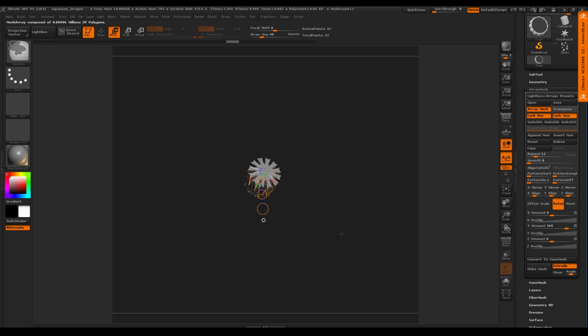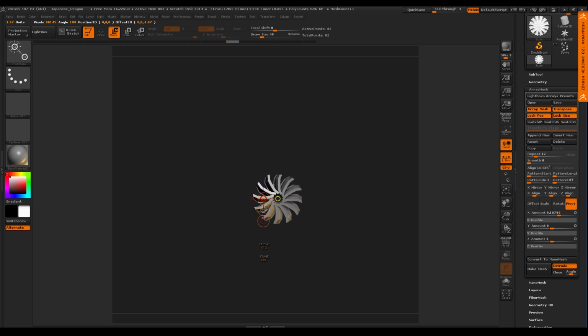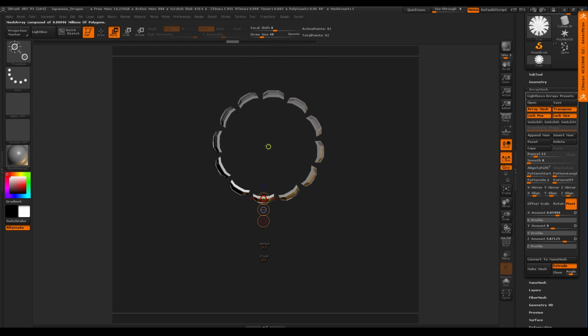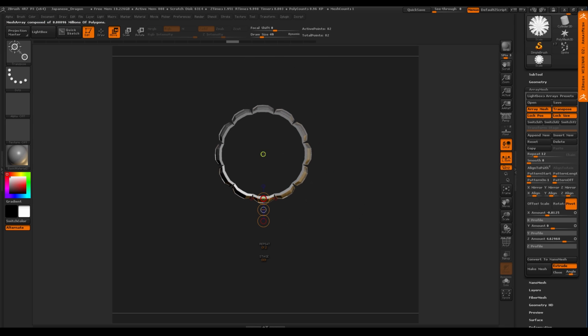Compared to if we undo this and I turn on transpose now and I array this out, see the difference there? See what's happening? So what I would need to do is actually move the pivot point. So in here, I'd have a pivot option. But what you can do is there's a yellow circle there in the middle. And if I click, you can see I can do pretty much the same thing, right? That I did before. And see now that's sitting at the center.